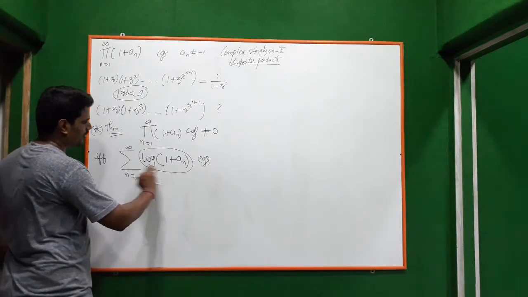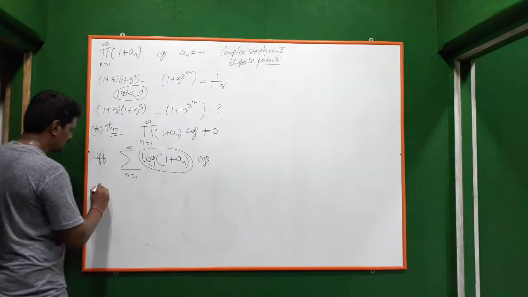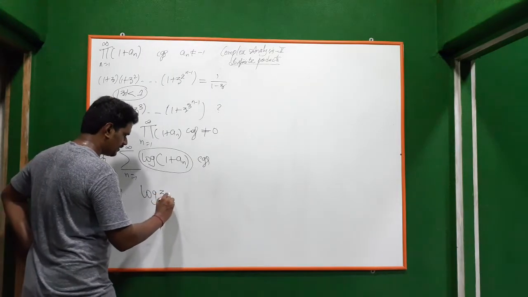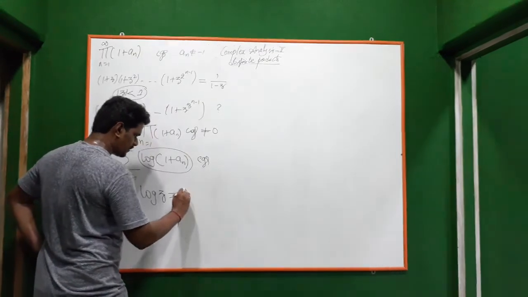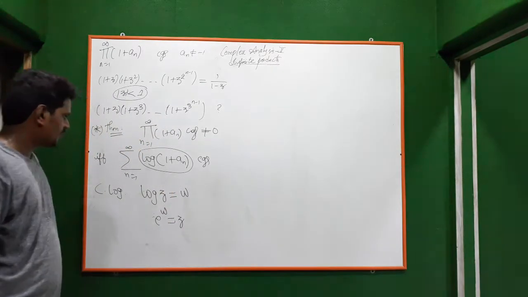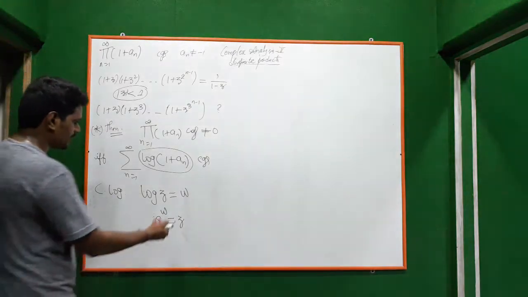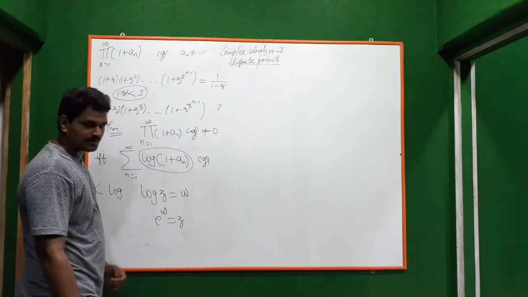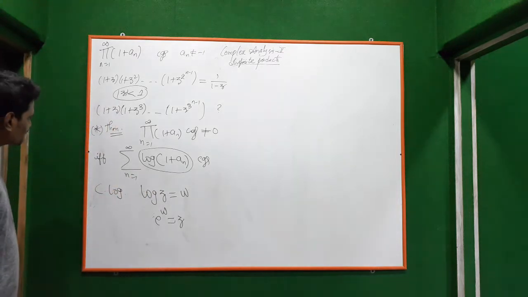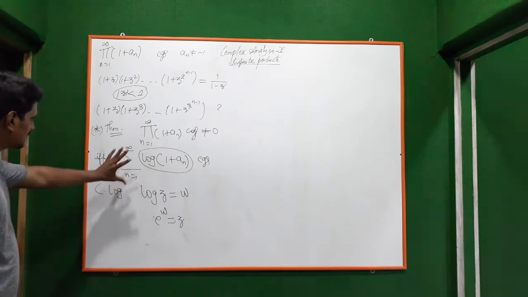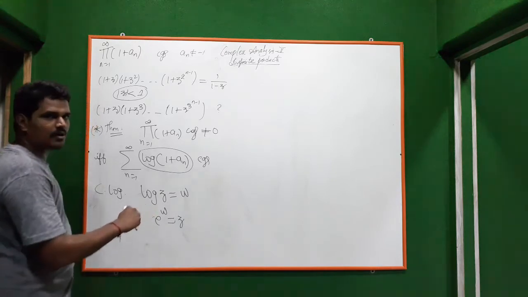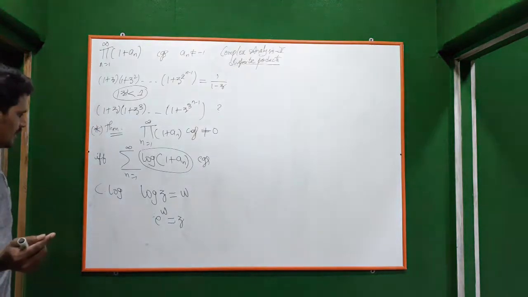This is not the normal logarithm. This is the complex logarithm. Complex logarithm means log z, which we have to find, is the number w so that e power w is equal to z. So we have to find the complex number w so that exponential power w is z. That is nothing but the logarithm being the inverse of your exponential. We don't need to go deep into that. We'll just tell what the logarithm is and move on. And this logarithm in complex analysis is a multivalued function. Correct? It is a multivalued function.